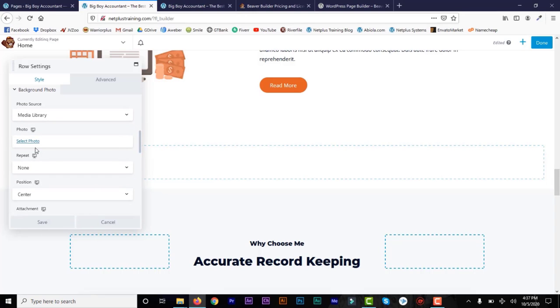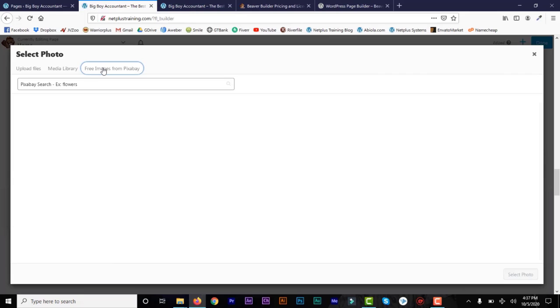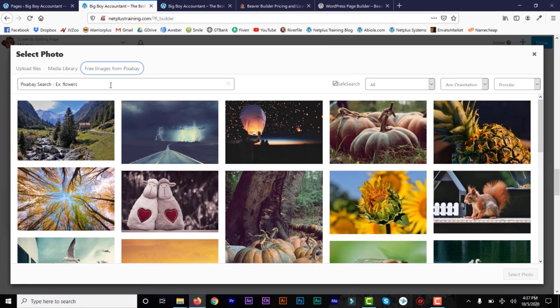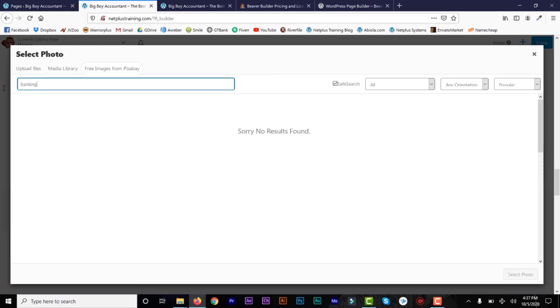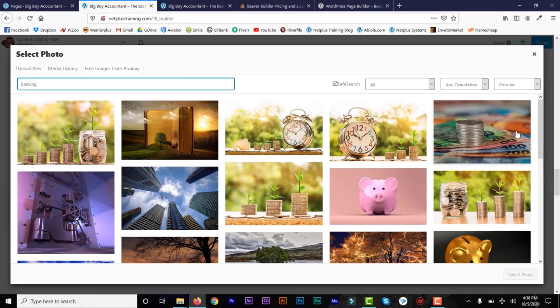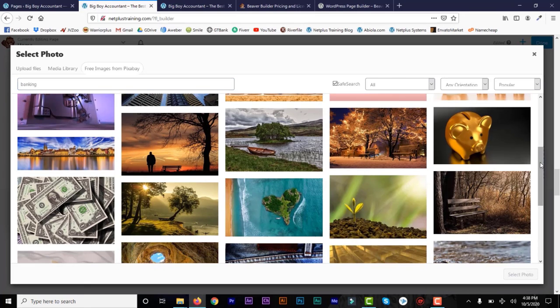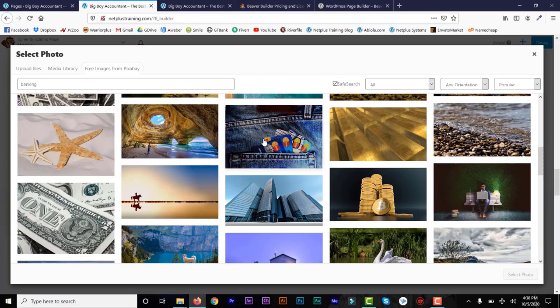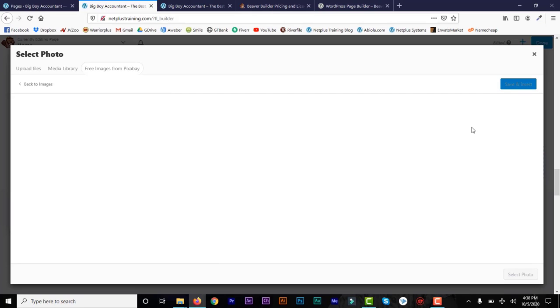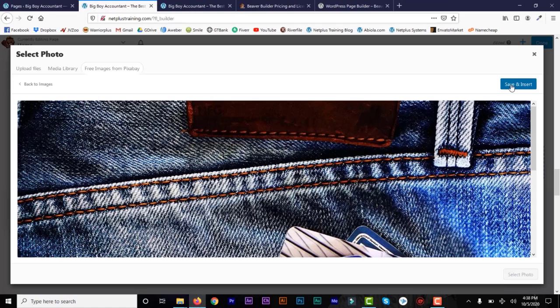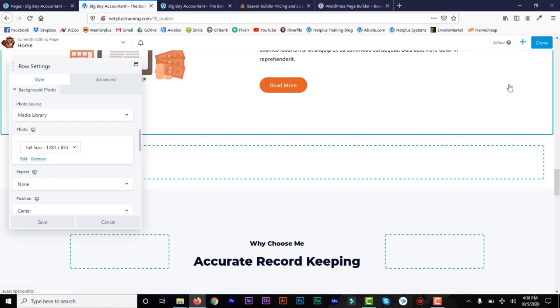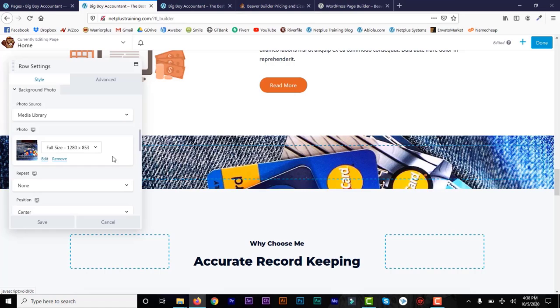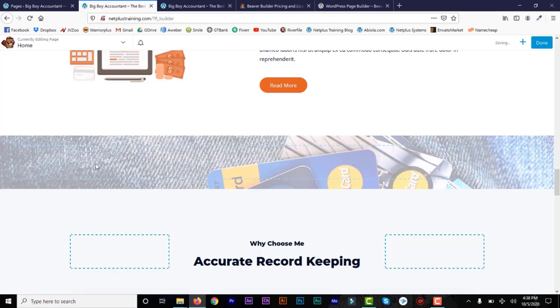So in this case, let's add a photo and find a photo maybe from Pixabay. Let's type in banking or accounting or whatever. So any keyword that's related to banking. So let's just find anyone. So let me choose this jeans with a credit card. That color might look horrible, it might not look good, but let's use that and check out something. And you can see the background image has been added, and on that background image, you can continue to